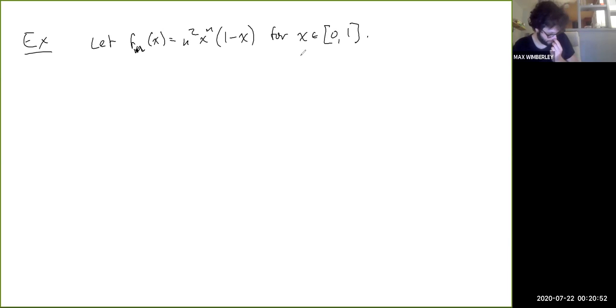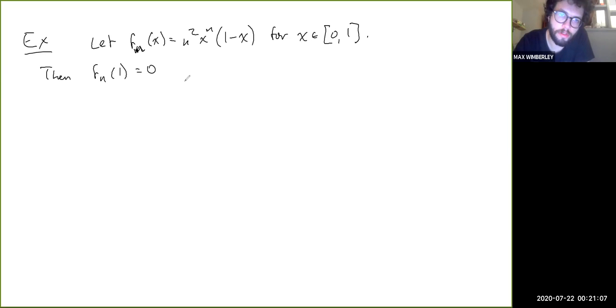So clearly f_n of 1 equals 0 for all n, and for x in 0, 1, open on this side,